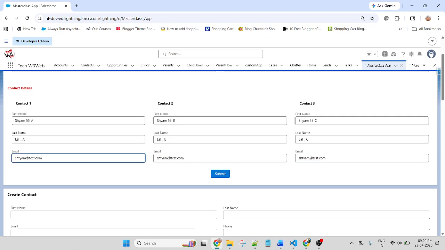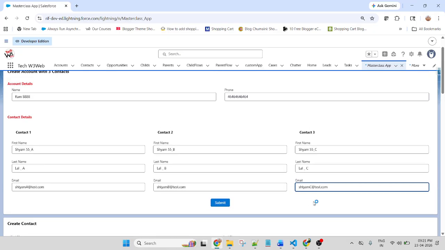This is A, this is B, this is C. So I am creating 3 records with different first name, last name, and email. Got it, everyone? Why am I creating 3 records? Why putting different name values? Yes, sir, everyone?